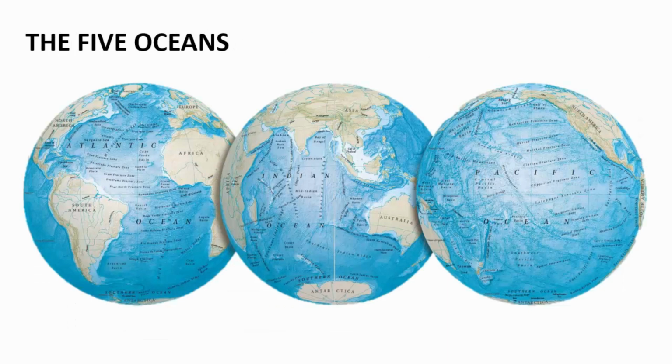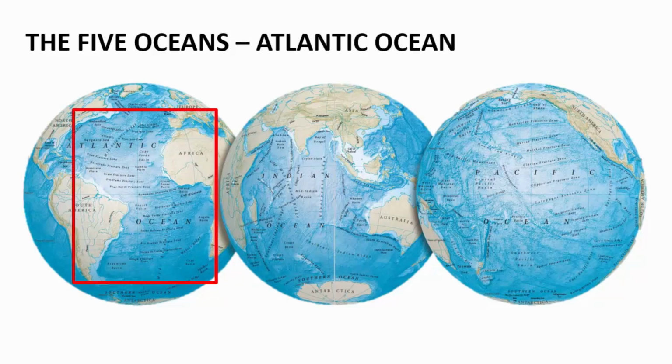Now, let's move ahead and discuss the 5 major oceans that are present on our Earth. So, we have 5 oceans, which are the Atlantic, Indian, Pacific, Arctic, and Antarctic Ocean, or the Southern Ocean. We'll discuss each of these oceans one by one. So we shall start off with the Atlantic Ocean. As you can see in the image over here, we have the Atlantic Ocean in both the northern and the southern hemisphere of Earth. On the northwestern side, you will find the Atlantic Ocean is bounded by the North American continent.